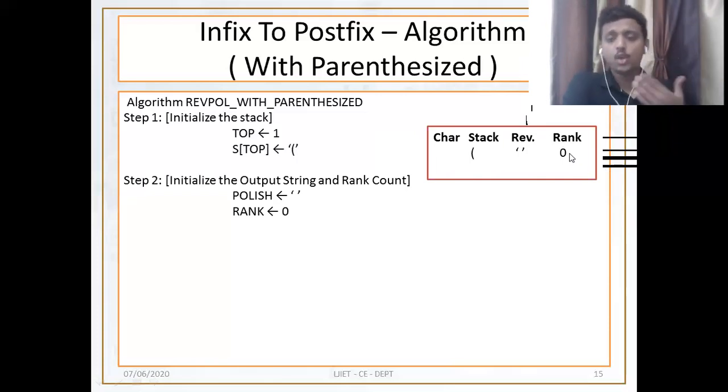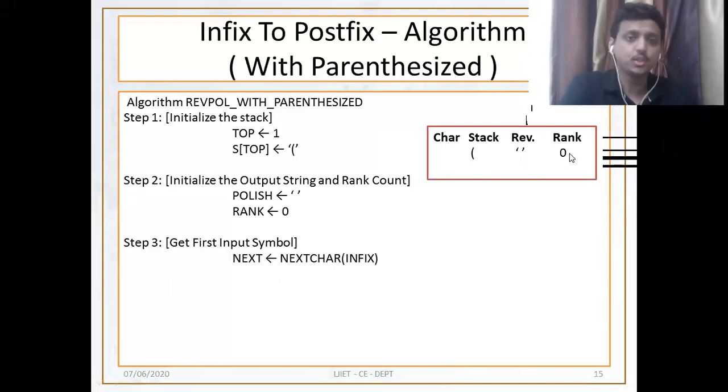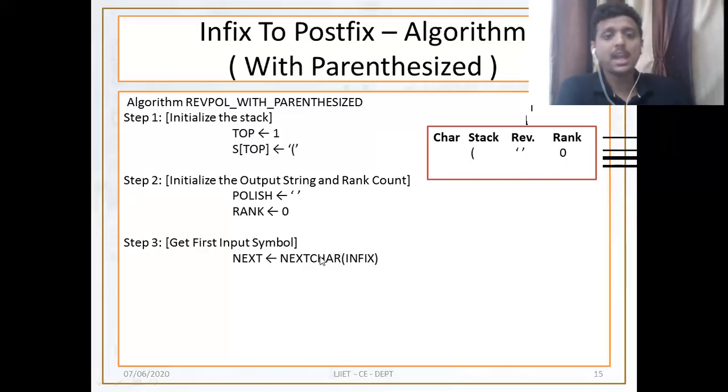Now, moving forward, we need the next character. How can we get it? Using the next character function. We get our first input symbol by calling the next character function and applying it on the infix string. Please focus on my mouse pointer position.